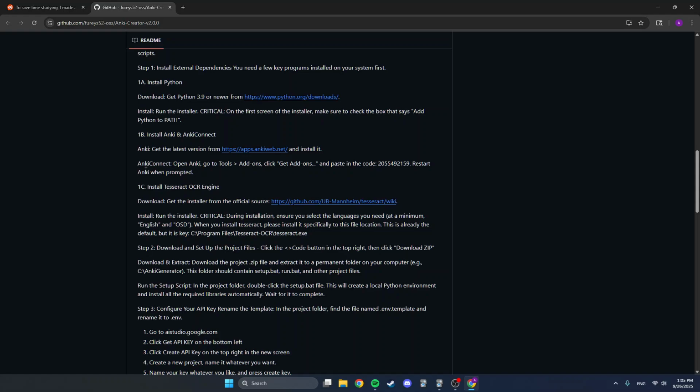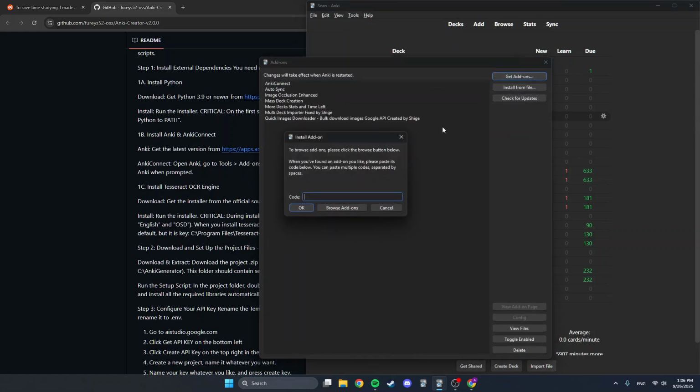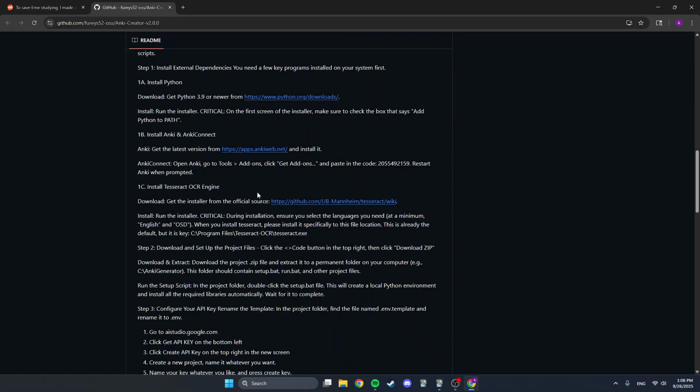Download Anki, whatever. Anki Connect to add Anki Connect. It's just an add-on. So you just go to Anki, go to Tools, Add-ons, Get Add-ons, paste the Anki Connect code, which is right here, and it's also in the README, and just press OK. And then you can just close and reopen Anki, and that'll restart Anki with the